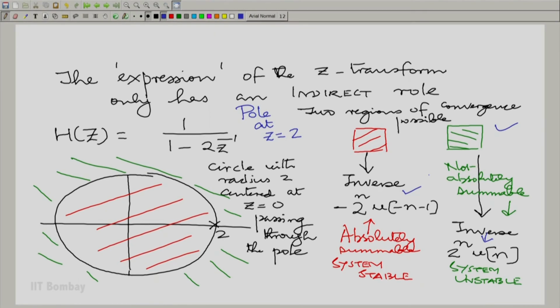So, you see, in either case, we have a polynomial term like before. Here the poles were simple, so the polynomial part was trivial, it was just a constant. The exponential part was non-trivial. The left-sided exponential was decaying if the pole was exterior with a magnitude greater than 1. So, remember, it is the magnitude of the pole which is central. That is not surprising, because the regions of convergence are essentially between poles.